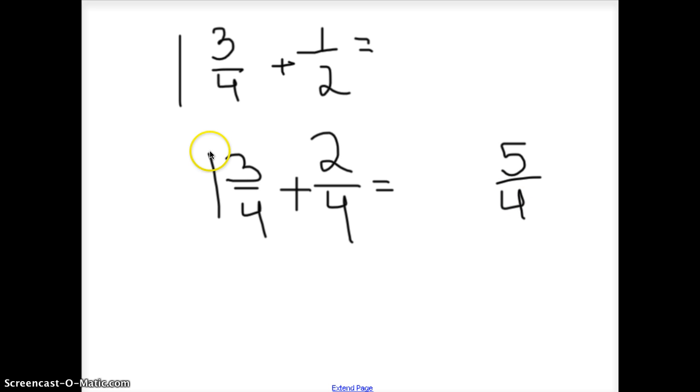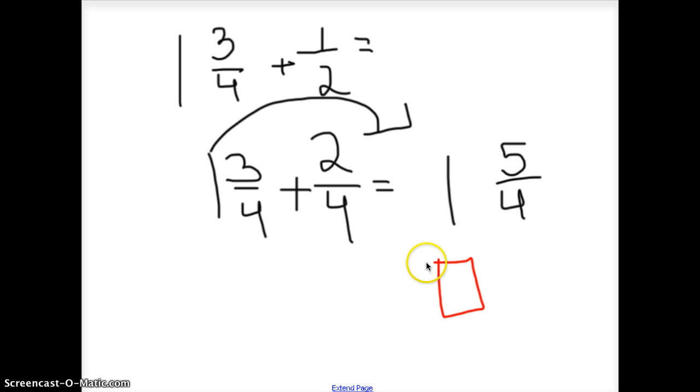And I had 1 whole. Just copy that over. 1 5/4. Now you're probably recognizing that this is top heavy, which means it's bigger than a whole. So we talked about in class how we could take something out of that. And